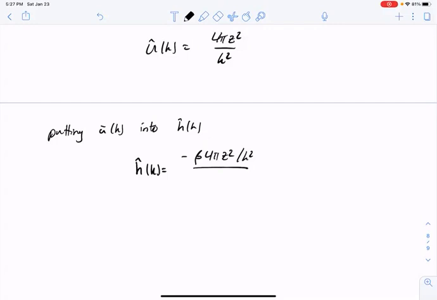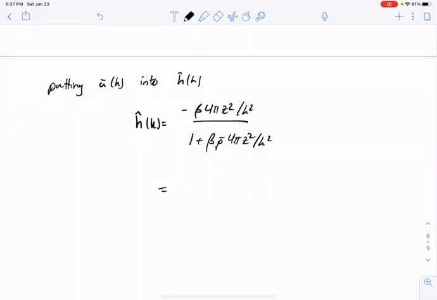So any finite epsilon, that's all rolled into the effective charge z. And I get a 1 plus beta rho bar 4 pi z squared over K squared. If I multiply top and bottom by K squared, I get a minus beta 4 pi z squared over